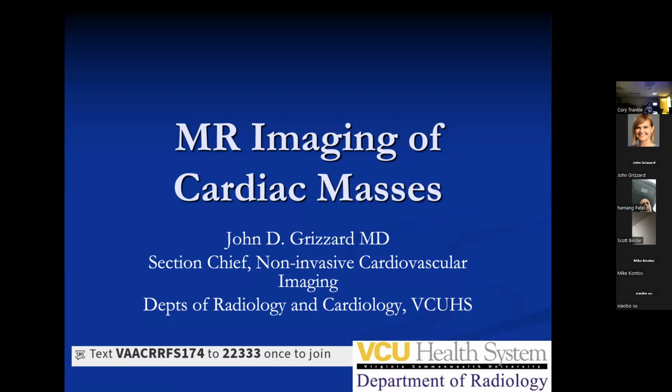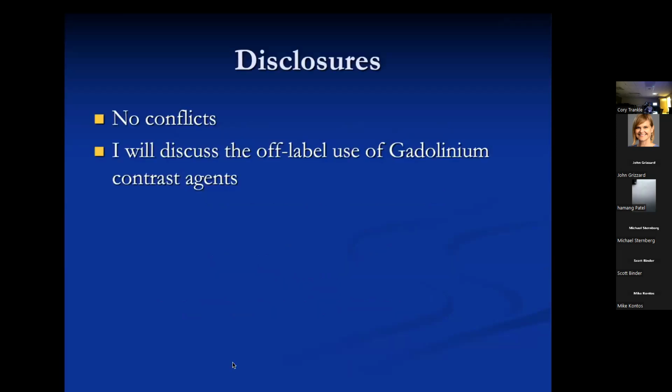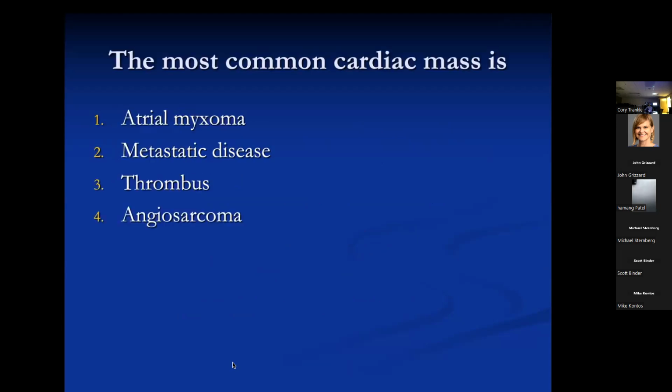We're going to talk about cardiac masses today, and it seems like a kind of uncommon thing, but a lot of things in MR, you add together small areas and they become substantial, sort of like pericardial disease and certain other things. And it's the most definitive test. So a lot of things that are confusing on other modalities end up coming to us. I don't have any disclosures, and we are always using gadolinium in many instances as an off-label indication.